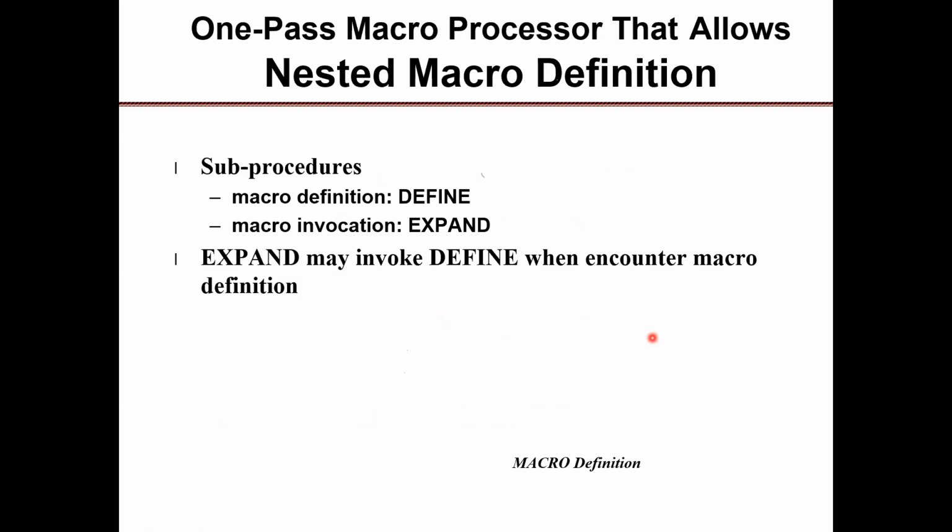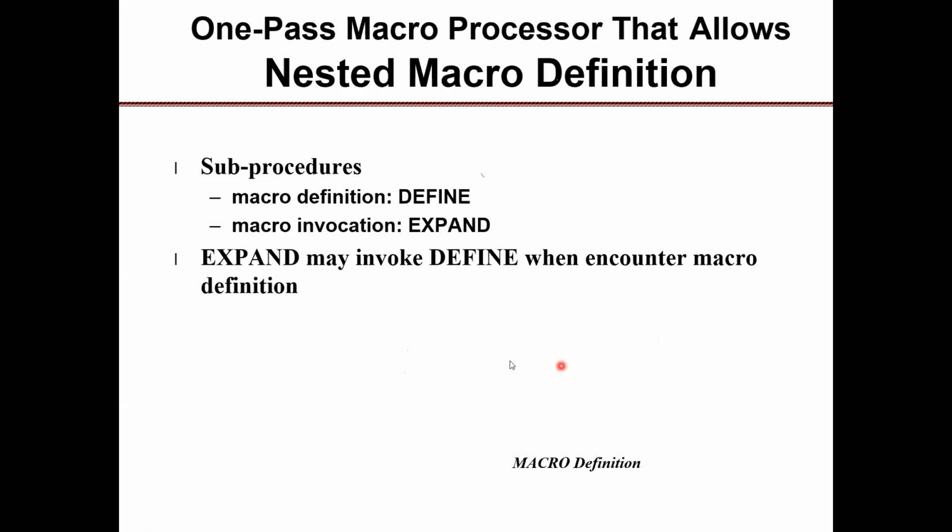All right, so now let's talk about, still in the discussion of nested macros, the macro definition: define and expand. We saw that define is going to create it, and expand will allow us to do an expansion at that point. Interestingly enough, because we're doing nested macro definitions, we could be in the middle of an expand that actually invokes a define,